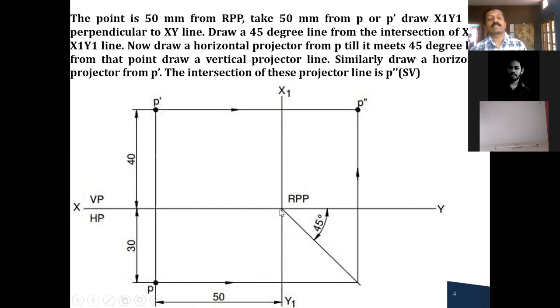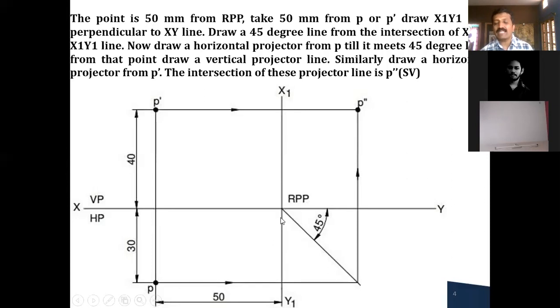After writing this X1 and Y1, as I gave the hint, the side view you are always going to get at the right side or left side of your other views. So after writing your X1 Y1 line, this is your right profile plane. So here we need to draw the side view. Now from this origin, wherever you have the top view with you, the top view is here below the XY line, you draw the 45-degree line. Why is the 45-degree line drawn here? To carry this distance, the same distance, to the side view. That's all.